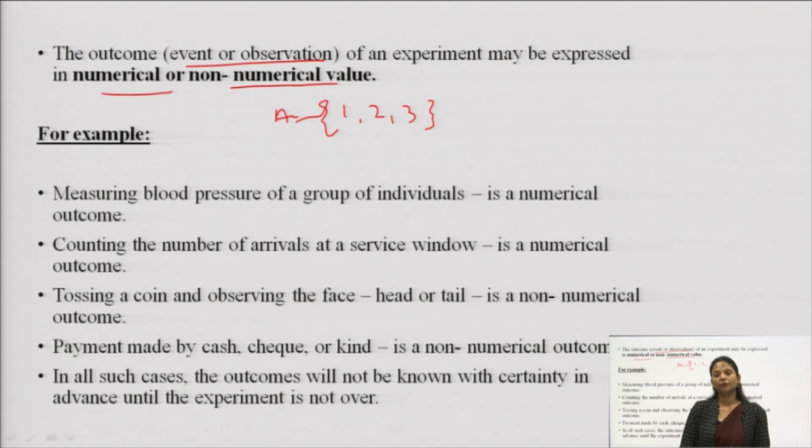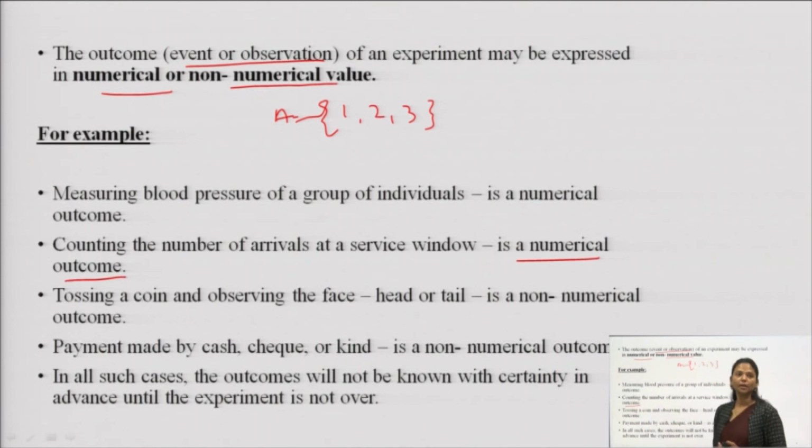There are 5 people who got normal blood pressure, that is 90, 120, 90, and there were a few more people who got less blood pressure, could be any. So, this is the numerical data which we are obtaining. Whereas, if we talk about counting the number of arrivals at a service window, counting how many people are coming during this duration, how many gives you a specific number. So, it becomes numerical data,